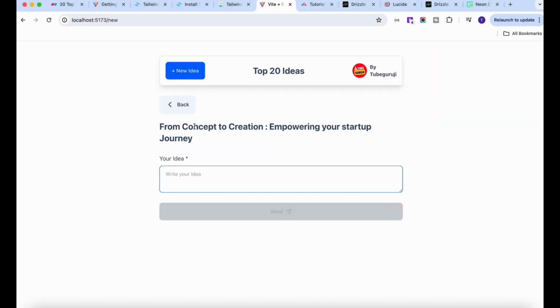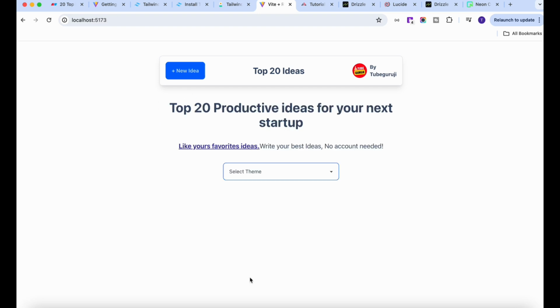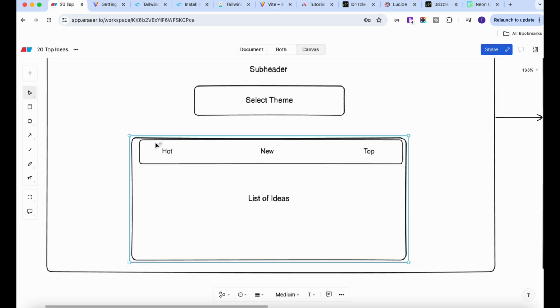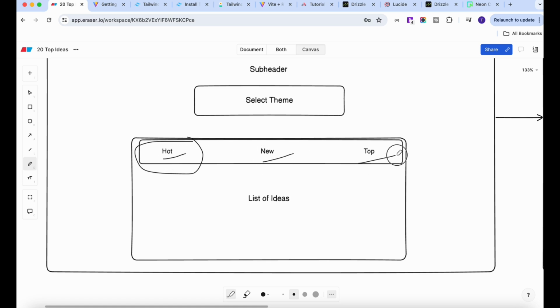Now once user adds the data or adds a new idea in our database, right, on the home screen we want to display the list of all the ideas. So for that one we're going to use a tabs structure. Okay, so we're going to add 3 tabs. One is the hot tab, new tab, and the top tab. Okay, so it will show all the latest ones. Then not the latest ones, but depends on the ranking. The new will display all the latest added ideas, and the top will display all the highest ranked first, right? So that kind of filter we can apply, and then obviously we will fetch the data through the